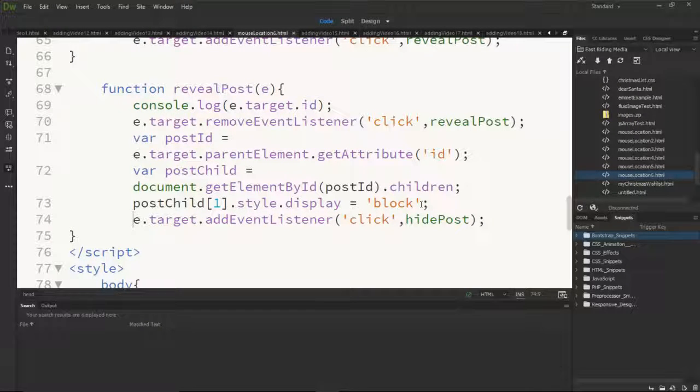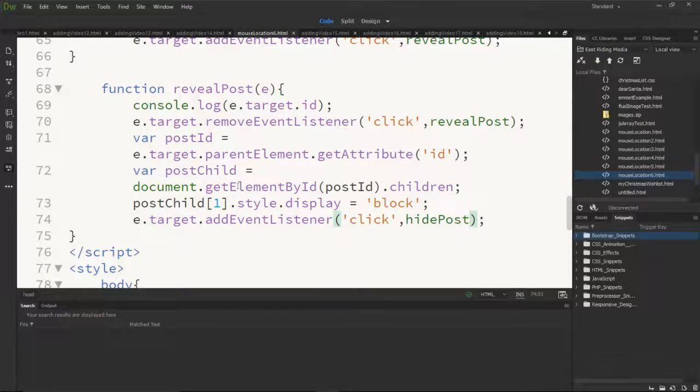Once we have changed the display to block, which will reveal it as a block element, we will then add another event listener to hide post. So it's a cycle, basically. Once it's been clicked to reveal, if I click it again, it will collapse, and if I click it again,